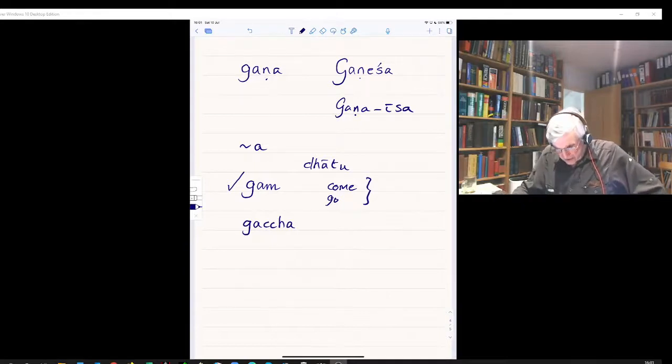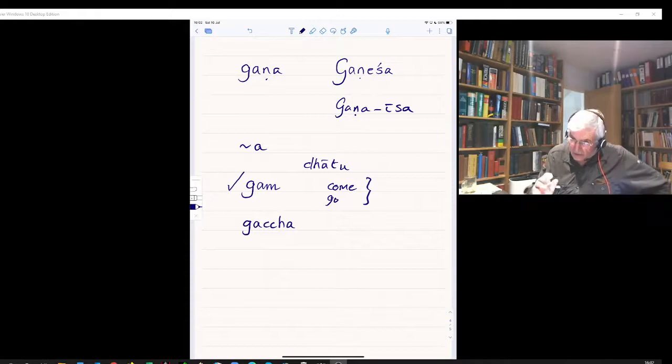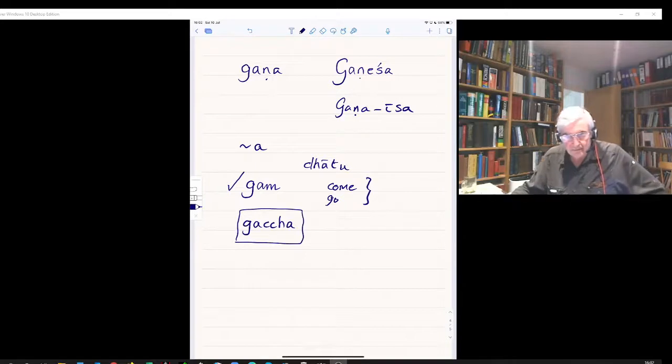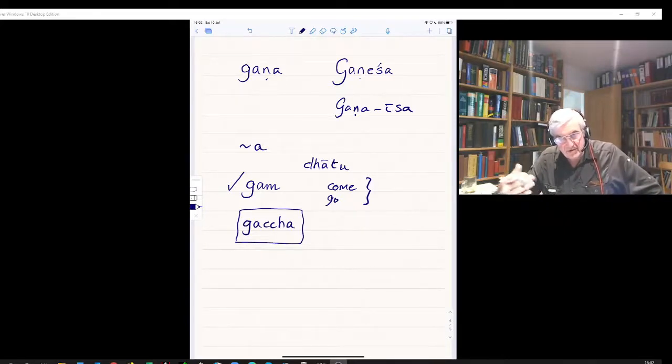So having told you that there is an irregularity, is it already introducing a slightly irregular verb in lesson 1B? That's the bad news. You'd expect to see something like he goes would be gamati, but no, that doesn't exist. It's gacchati. That's the bad news, there's a bit of irregularity here. The good news is that once you know that the stem is gaccha, then it will conjugate completely regularly on that stem gaccha